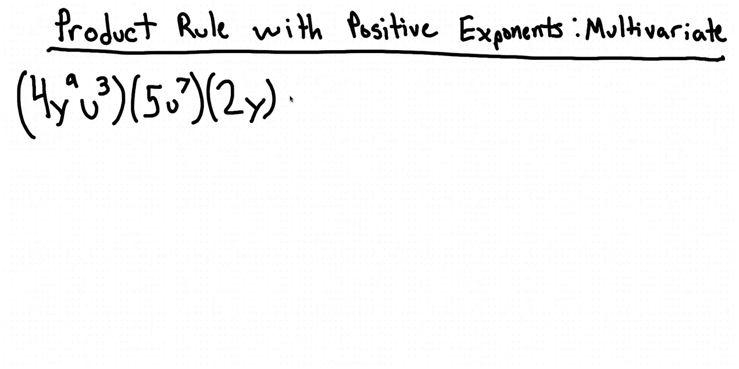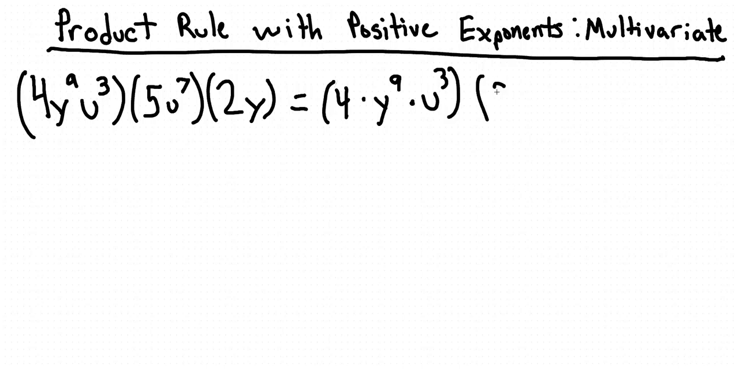So this equation we can rewrite as 4 times y to the ninth times u to the third, times 5 times u to the seventh, and then times 2 times y. Since all of these terms are multiplied together with no other operations like addition or subtraction in between, we can rearrange it in any order. Even though there are parentheses, since there are no operations besides multiplication, we can get rid of these parentheses